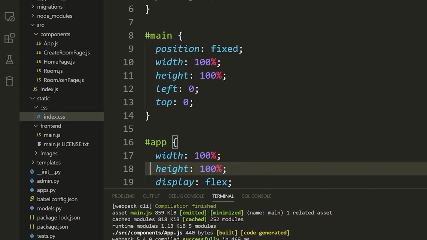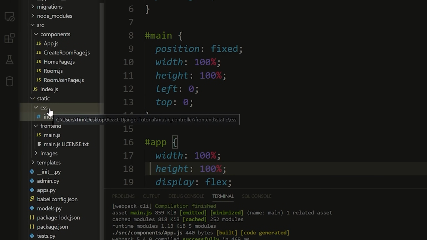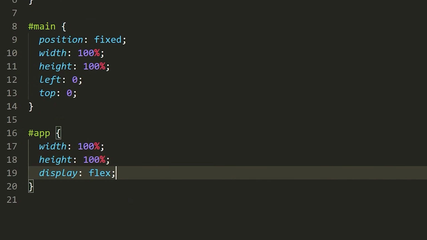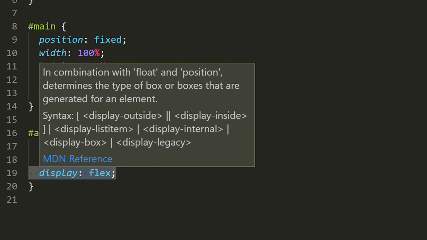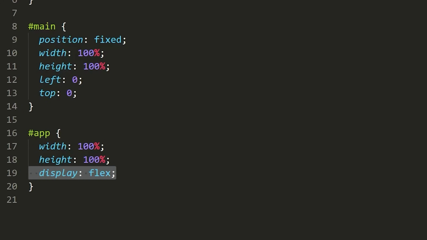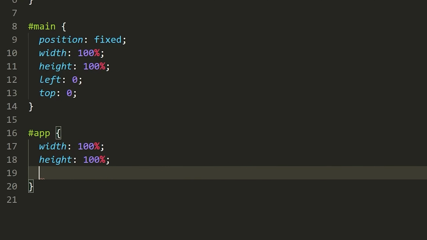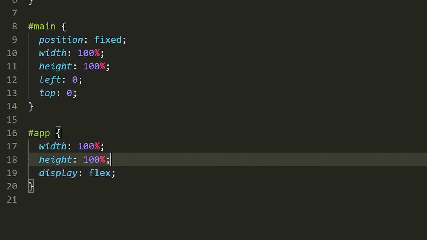I'm going to go inside of my CSS file here. So static CSS index.css, and I'm just going to start by removing this display flex from app. Now, to be perfectly honest with you guys, I'm not a CSS master. In fact, I'm not really a front-end master in general. I work a lot more on the back end, but I just know that that line is going to mess with what I'm trying to do. So you just have to remove that display flex, which is right here, from the app div.